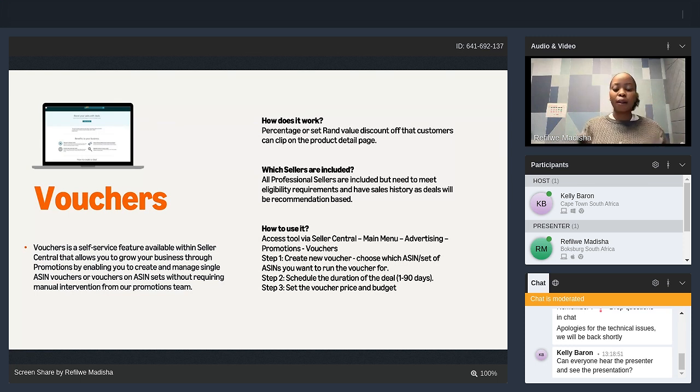So maybe you're selling skincare, and you have a serum that you can put a voucher on, and you know that the serum is well paired with another serum. So if you incentivize the purchasing of one, people tend to purchase the other as well. So that is what a voucher is. How you can use it: you go into Sell Essential, you go into your main menu, you go into advertising, and then you create a new voucher there. You'll set a voucher budget, and then you'll set the duration of the voucher, and Bob's your uncle,